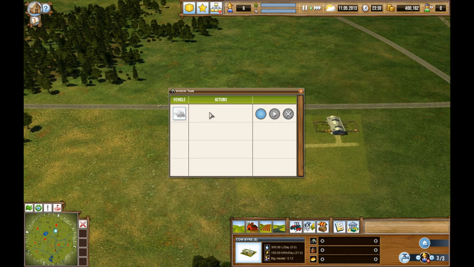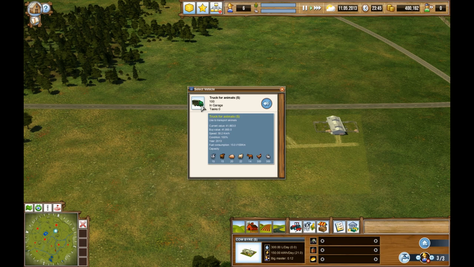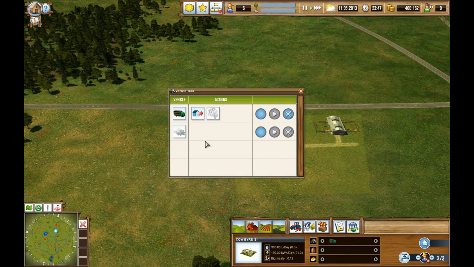Here's your vehicle task screen. Any building you click on can bring this up when you click on vehicle. And what we're looking for is you select a vehicle, and it'll come up with this. Now that's telling you we want to know where you want to get the vehicle. Well, right here. This garage and this truck. Alright. What do we want to do with the truck? Well, we want to take it...